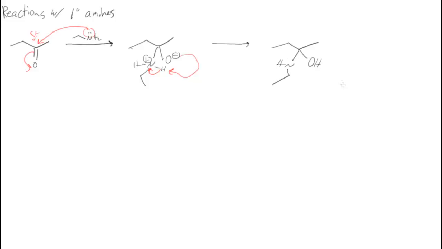At this point, we end up with a carbinolamine, a molecule with an alcohol and amine on the same carbon. Now, if we treat that with a mild acid, we can protonate the alcohol. And remember, hydroxides are not good leaving groups, but water is certainly a good leaving group. It's very stable. So this becomes a good leaving group, so the water can leave,